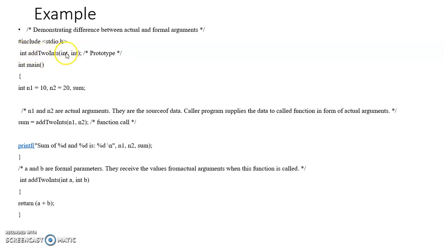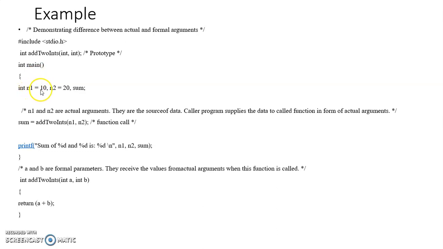Here I am writing the arguments as int comma int. There is no need to write a variable name over here. You can just separate them with the data type only. This is a way to write the function. It is my function declaration, not a definition, because I am just giving a semicolon over here. After the header file, you have to give the function declaration. After that, I have the main function.